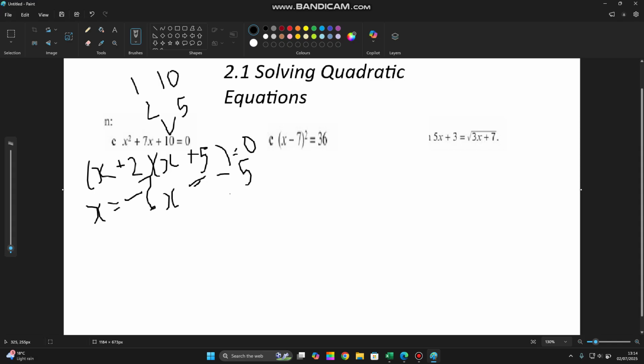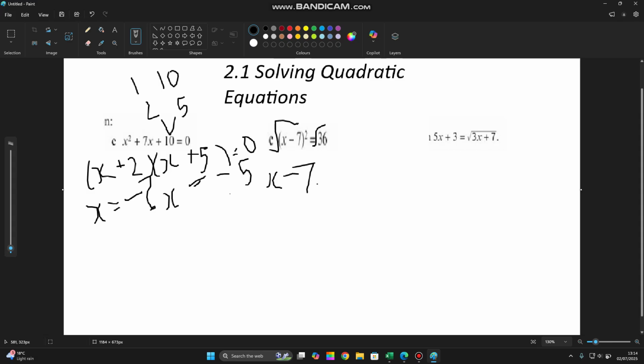Those are the answers. The second way we can do this is completing the square, but in this case you don't need to complete the square. If we're trying to find x, we're trying to isolate x somehow. Right now we've got x minus 7, all squared, equal to 36. So we want to get rid of this square to make its life easier. How do we get rid of the squared? Square root both sides. You get x